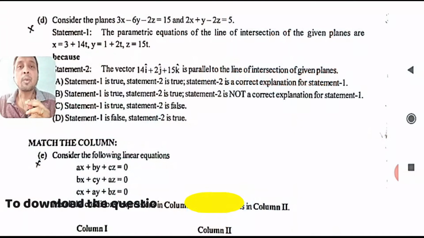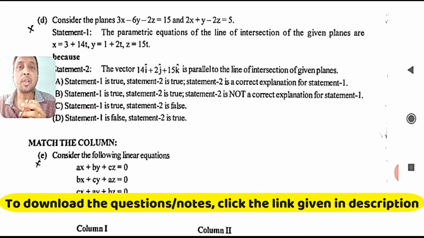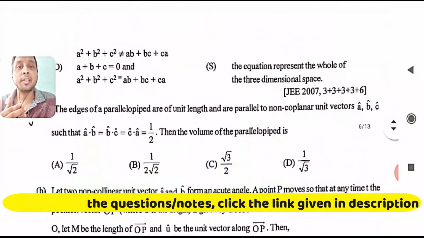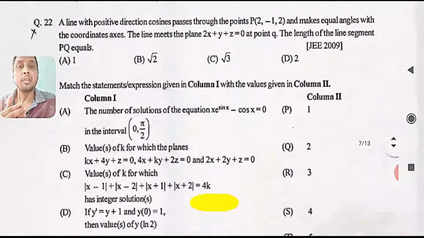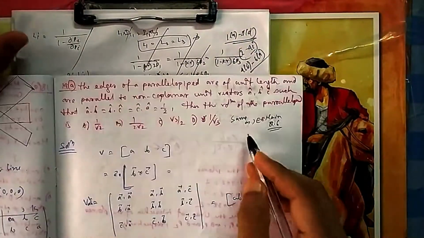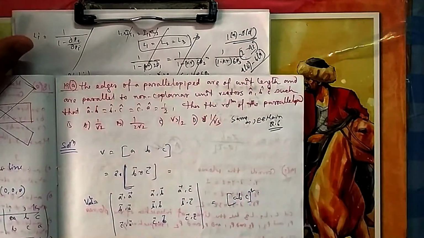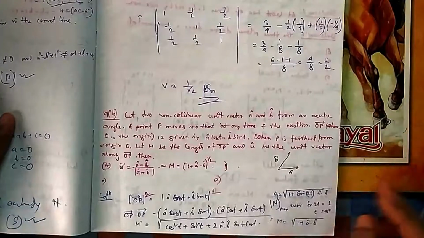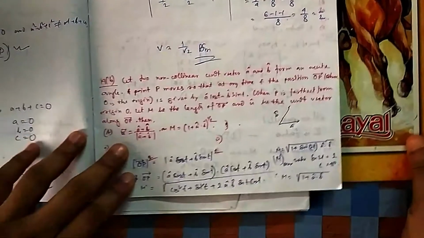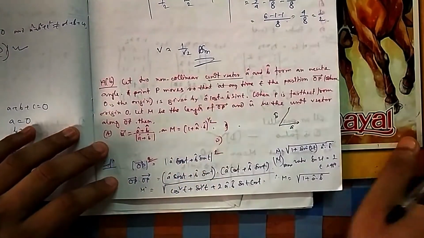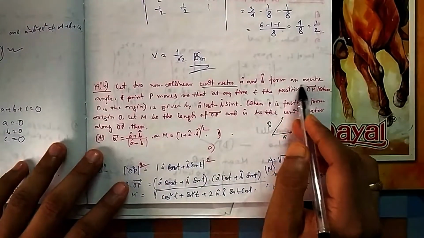Okay students, welcome all to this new lecture in advanced level, where you are solving previous year IIT JEE questions on vector algebra. Today again we will be solving from question number 18D up to question number 27. Okay, then let's try to solve these questions. 19A we have already seen, it is JEE Main, same question number 6, that's why again I am skipping. Now if you come to 19B, let two non-collinear unit vectors A and B form an acute angle.